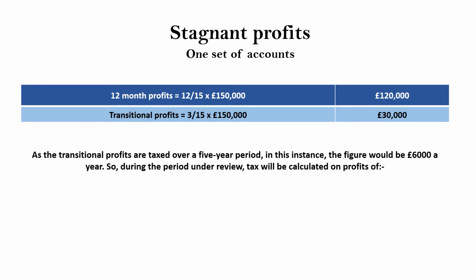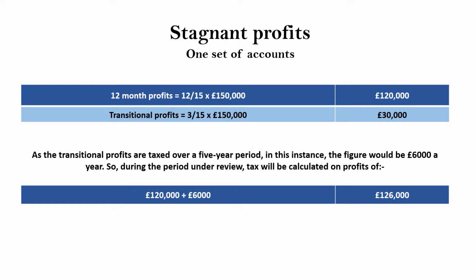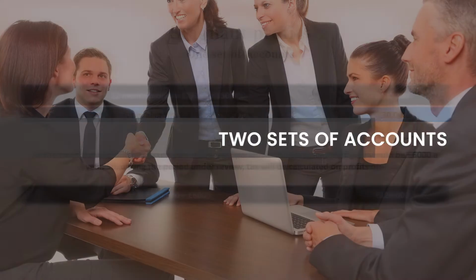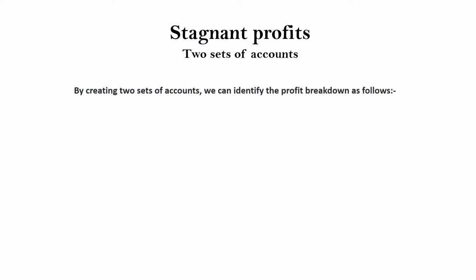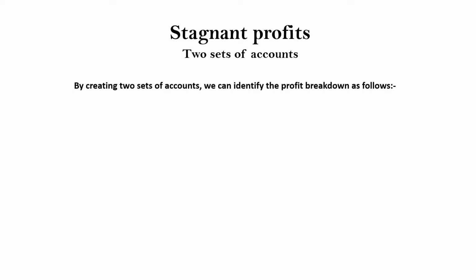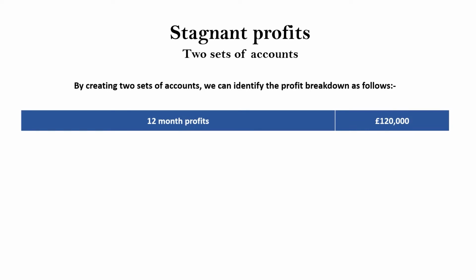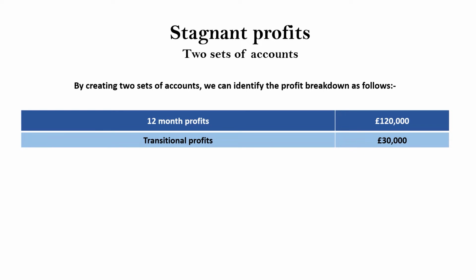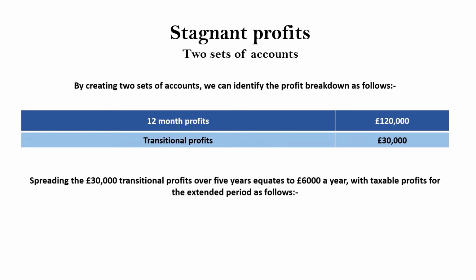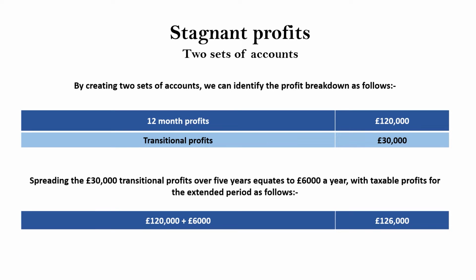So during the period under review, tax will be calculated on profits of £120,000 plus £6,000, which equals £126,000. Two sets of accounts. By creating two sets of accounts, we can identify the profit breakdown as follows. 12 months profits equals £120,000. Transitional profits equals £30,000. Spreading the £30,000 transitional profits over 5 years equates to £6,000 a year, with taxable profits for the extended period as follows. £120,000 plus £6,000 equals